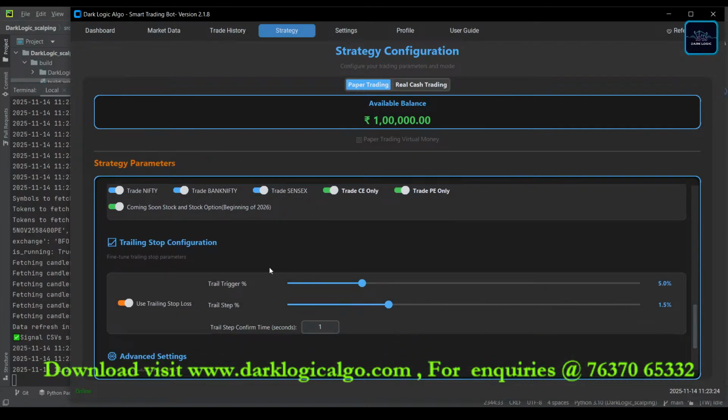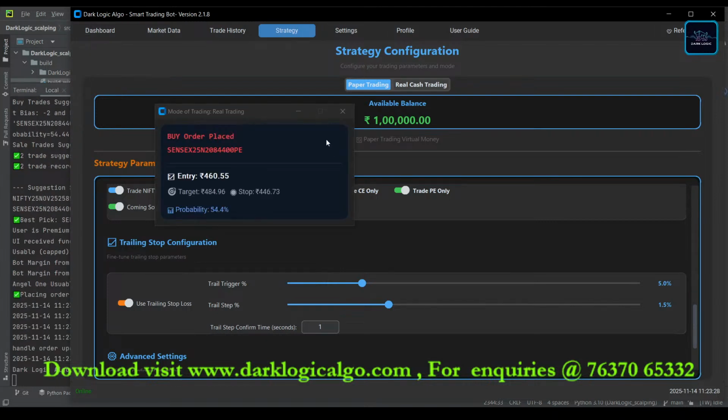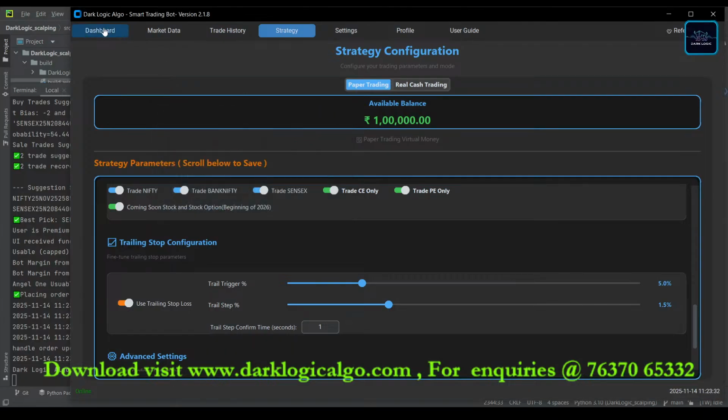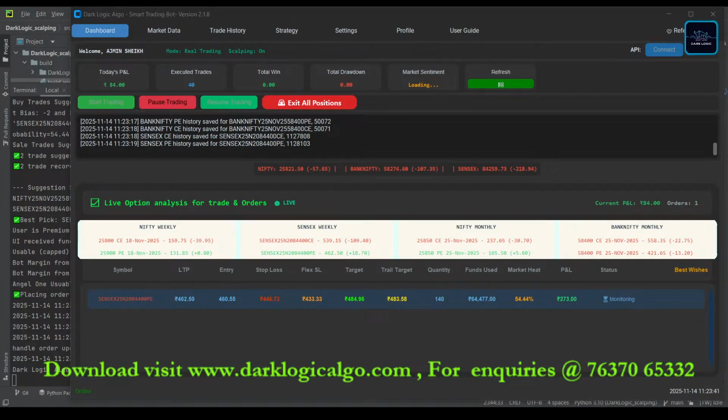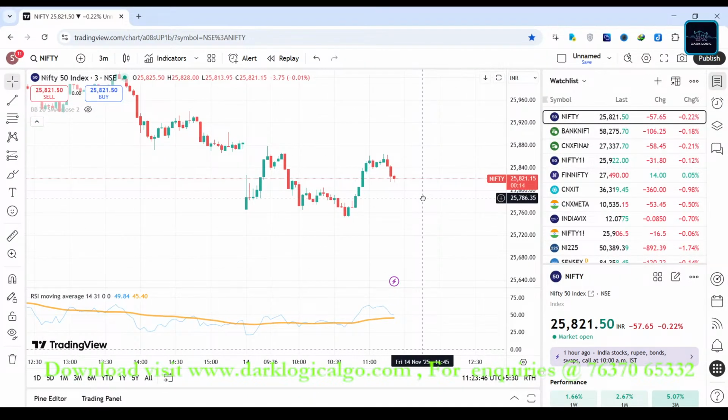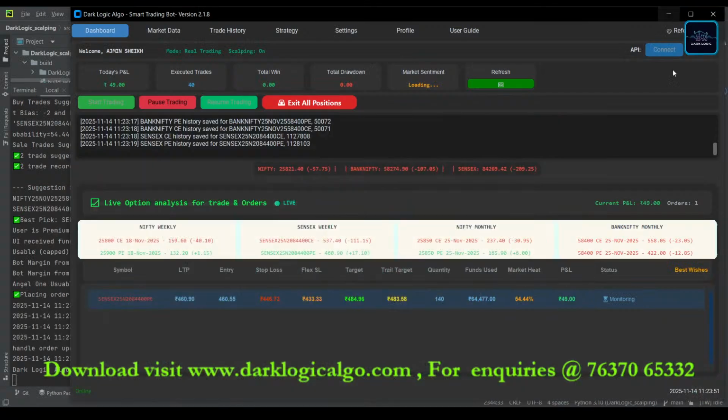There is an option, and you can trail your profit. It's a very good thing. So we got an order for Sensex. Right? Like when there is a momentum, so you see in the market there is a downside momentum. So it tries to catch the downside momentum. So place nearly